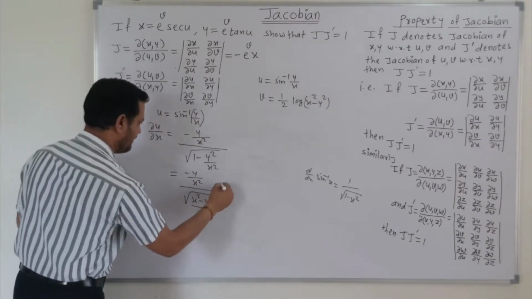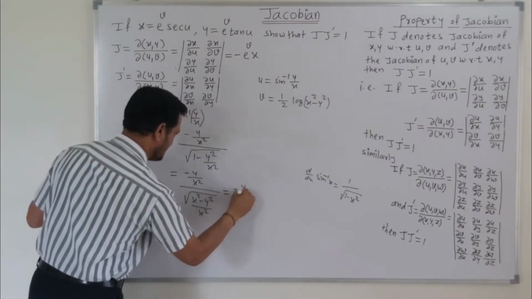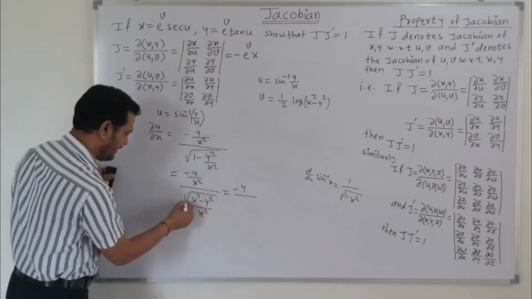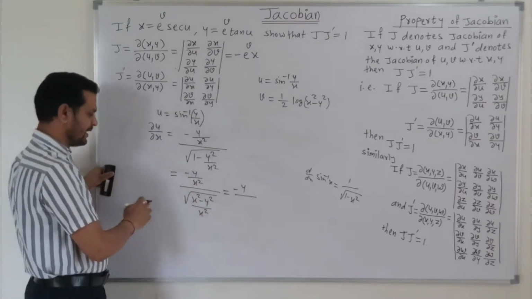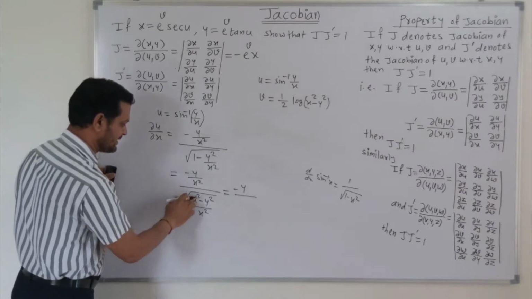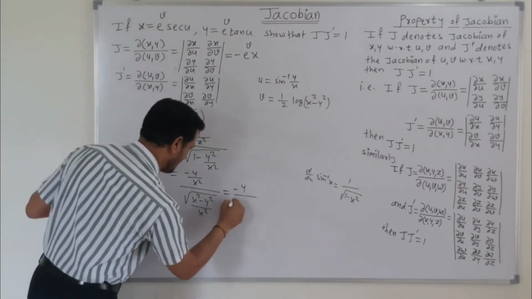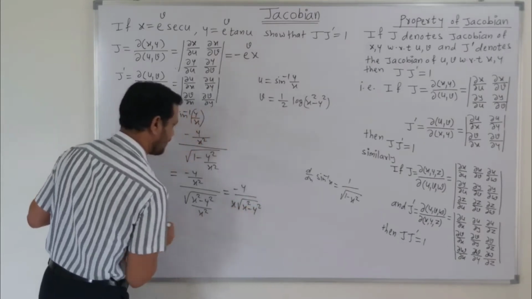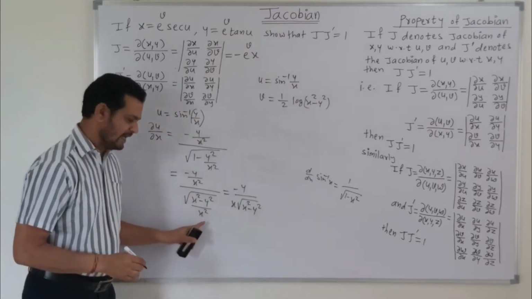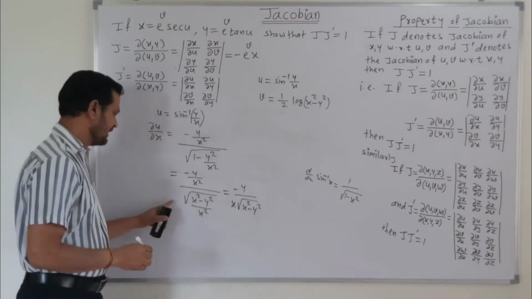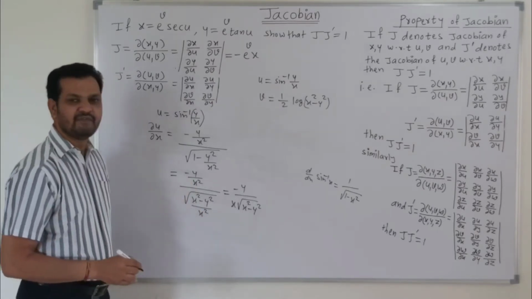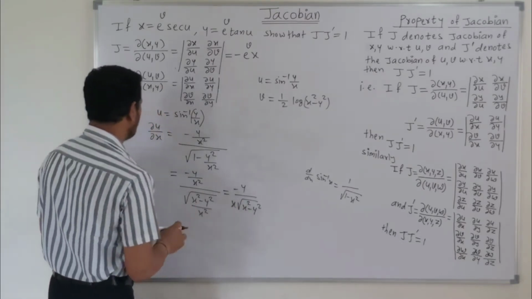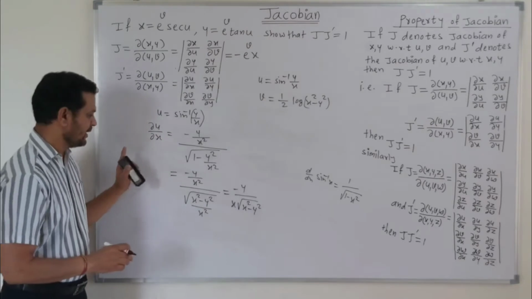Then if we once again try to simplify this, then this becomes y upon x square, and after getting x square outside the root term, we get this as x. So x and this x, we get x into root of x square minus y square. After taking this x square outside the root, we get this as x. So one term will get cancelled and we get this as 1 upon x. In this way, we get the value of the partial derivative of u with respect to x.